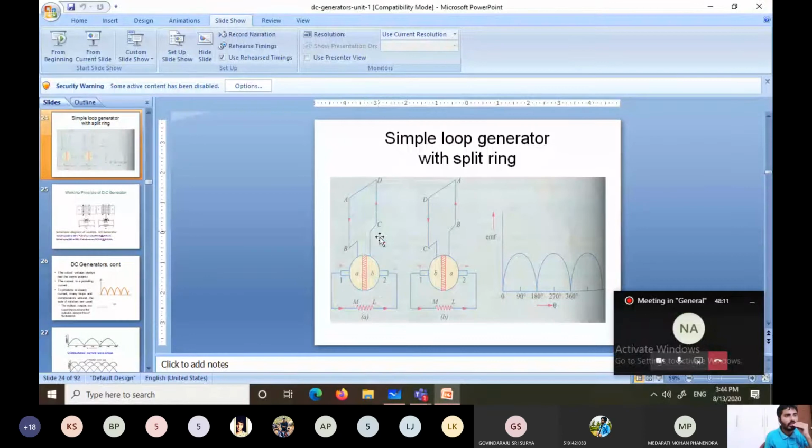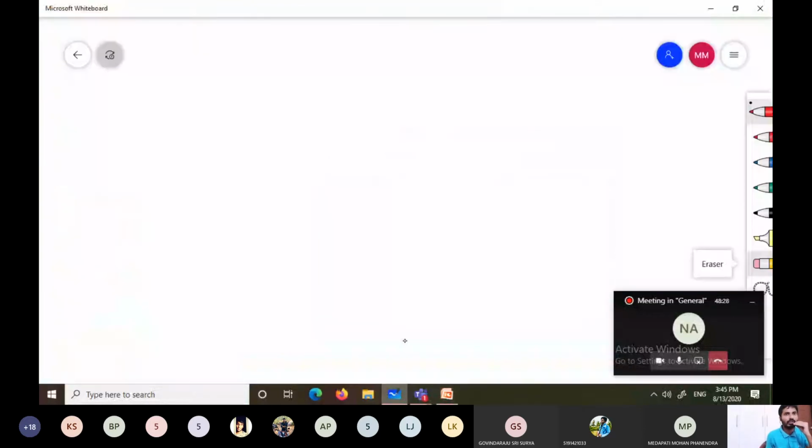In figure A, the coil sides are indicated as A, B, C, D. The current flowing in the coil is indicated with C, D, A, B, which is the direction of the coil current. So now I'm writing the coil current direction. It is very important. When the coil is having a current, at which position theta is the coil having a current?